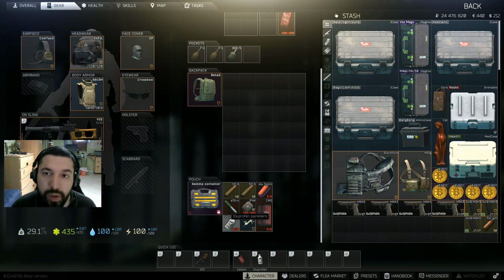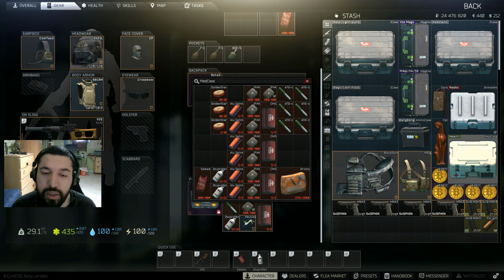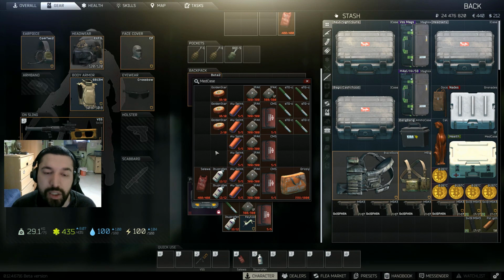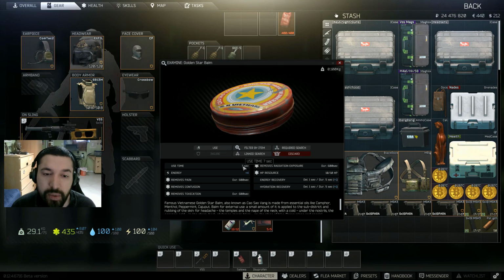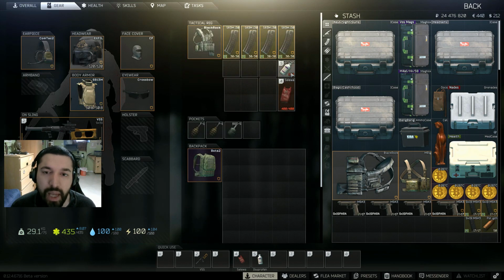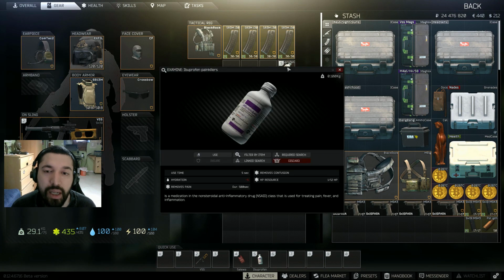I use the ibuprofen. I don't carry the small painkillers, because they don't last very long, and I just use the ibuprofen rather than Vaseline. I actually sold all my Vaselines because they're right in the middle between Golden Star and ibuprofen. If I'm playing a big map, I'd rather just use Golden Star. Golden Star takes 7 seconds to use, while ibuprofen only takes 5 seconds. Usually ibuprofen will last you the duration that you're in the game. It's a really good, quick painkiller, and you're usually not going to be staying in the match longer than